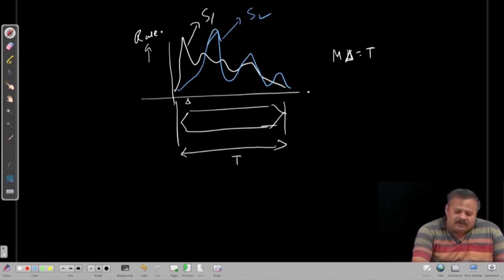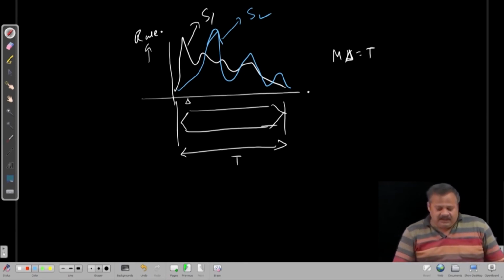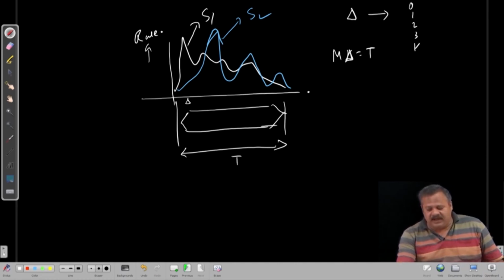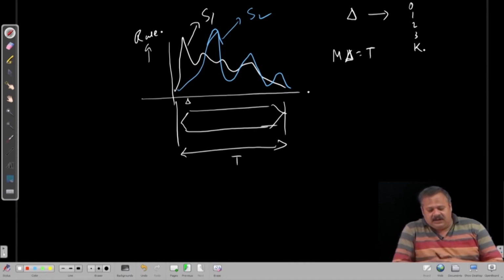We have to go back to the actual spike times and then consider. So, depending on how large our delta is, we may have 0, 1, 2, 3 or up to K spikes in that bin,